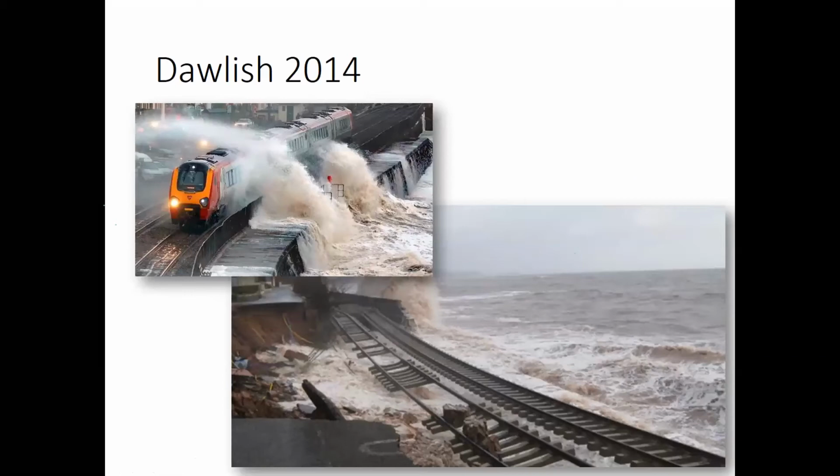Just some photographs here, not my own, but I've taken these off the internet, from 2014, which made national headlines. A 100-metre stretch of the Dawlish sea wall was destroyed by a storm surge in the winter flooding in Dawlish, South Devon at that time. Major impact: it took 2 months and cost £35 million to repair this wall, essentially cutting off the only railway connection into the rest of Devon and Cornwall.